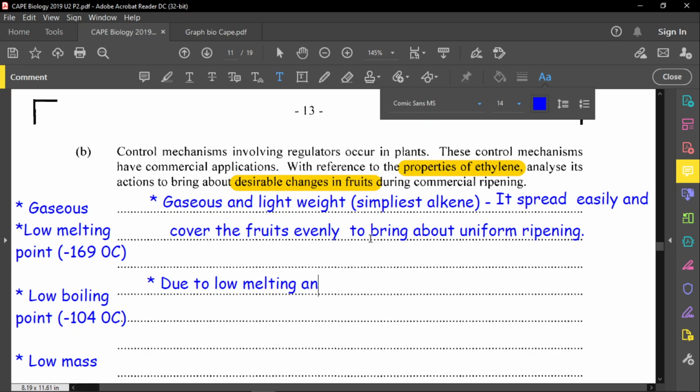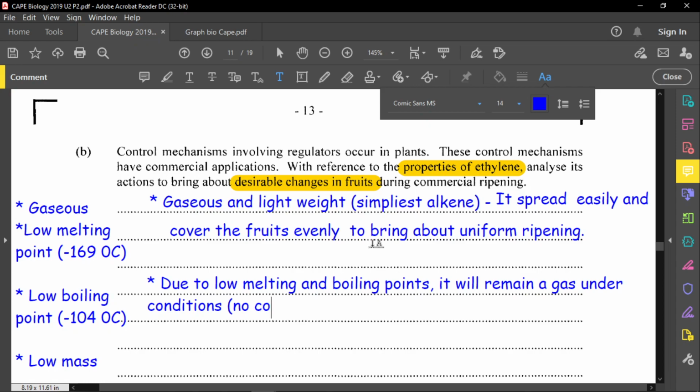So due to low melting and boiling points, it will remain a gas under normal conditions. So at normal temperature and pressure, it will remain a gas, okay? STP. So being a gas under normal conditions,